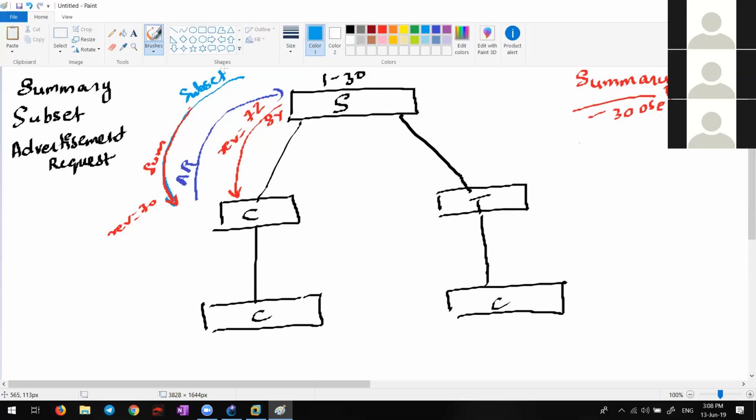Summary advertisements are sent in every 300 seconds, in spite of the changes.